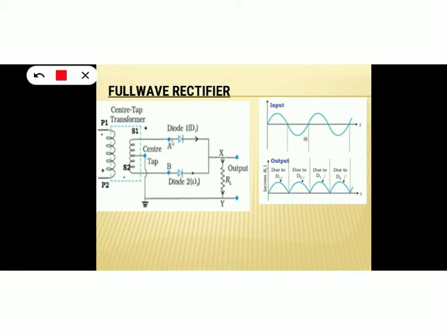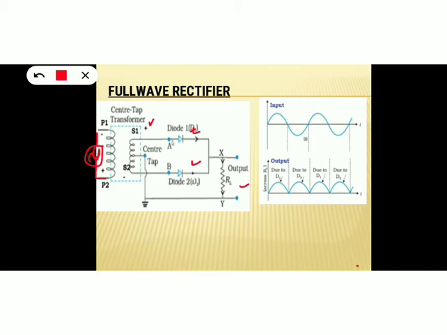Again, we can see a transformer here, and this is the input end of the transformer where we supply our input AC voltage or current, and this is the secondary coil of the transformer, and here two diodes are connected. Can you see? Two diodes are connected. Instead of one diode, two diodes are connected, and output is obtained through the same load resistance RL.